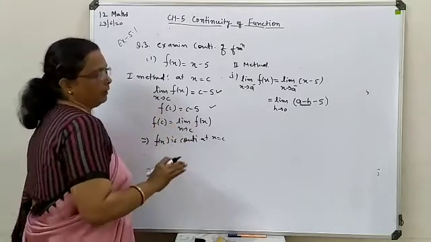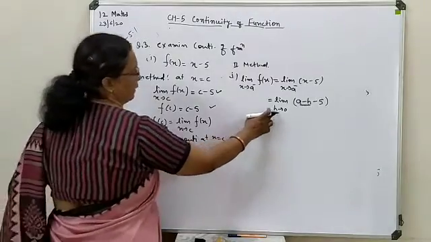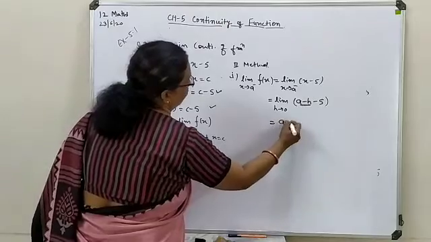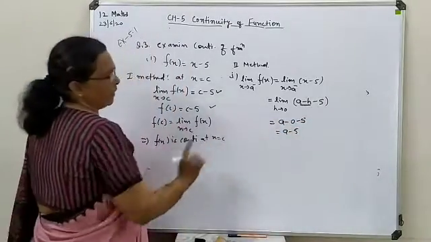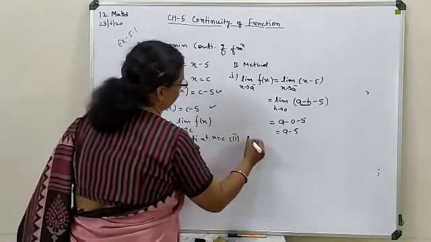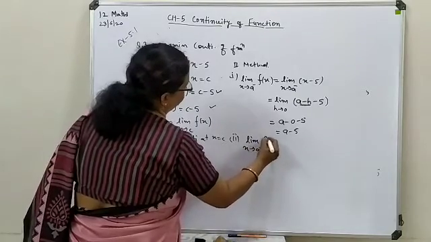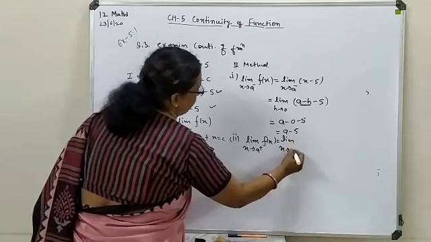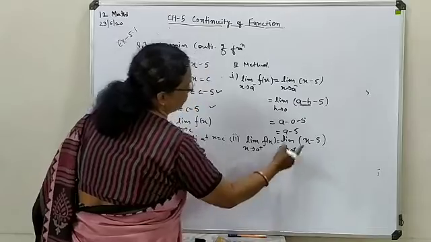Otherwise, if you are at a stage where you can implement the limit, go for implementation of the limit as h tends to 0. So here you can see minus 0 minus 5, means the final answer you are getting is a minus 5. Secondly, we will go for the right limit solution, that is a plus, your function limit x tends to a plus, your function is b here.